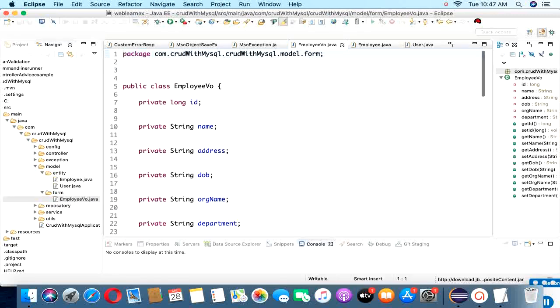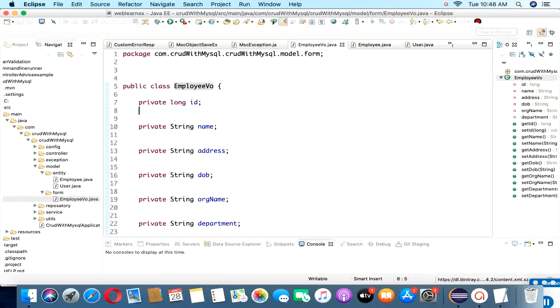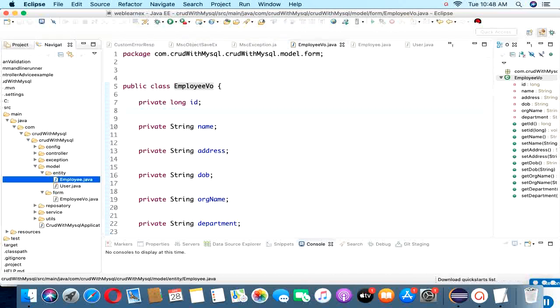the only difference is that I have not annotated it with any Hibernate annotation, because it will not enter the record in the DB. It will help only to map the UI form to my controller. After that I will pass this data in the user, sorry, not employee beans. So this is my form, and later I will show you how to pass the form to the entity. So this is my model, and